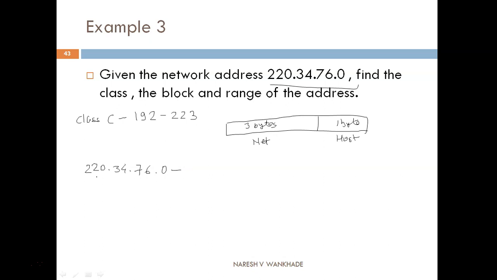So it starts from 220.34.76.0, which is the minimum value in the range, to 220.34.76.255, which is the maximum value for the given block. That is about the example of class C.